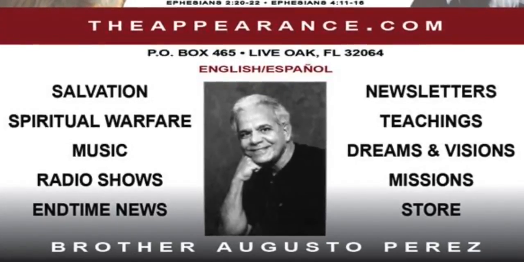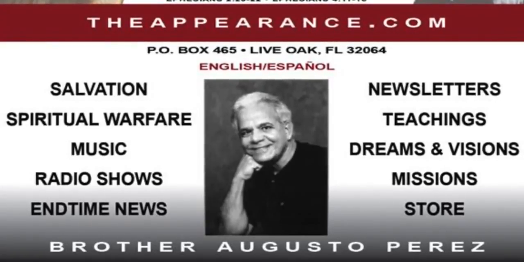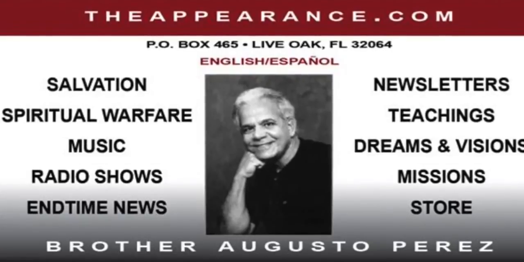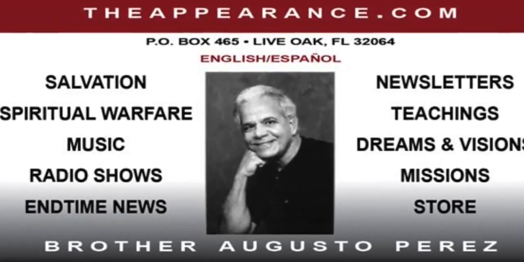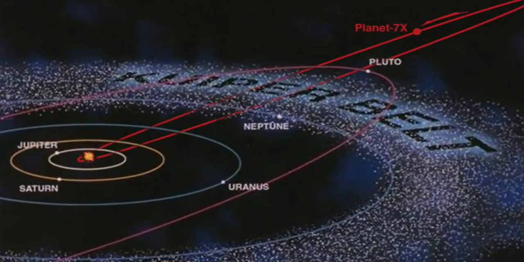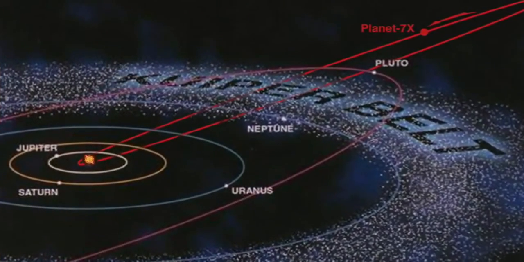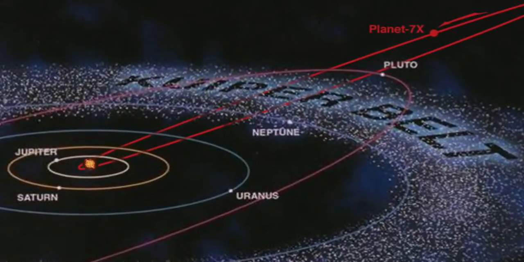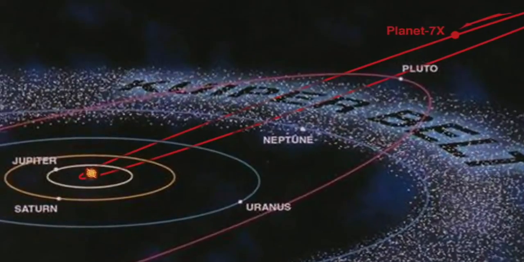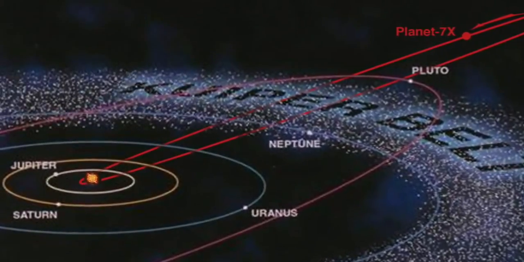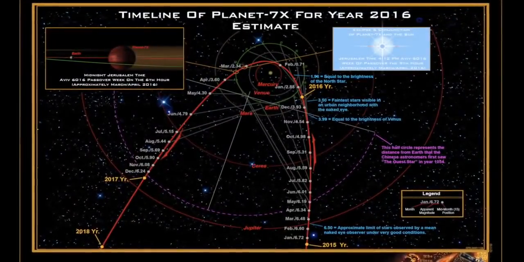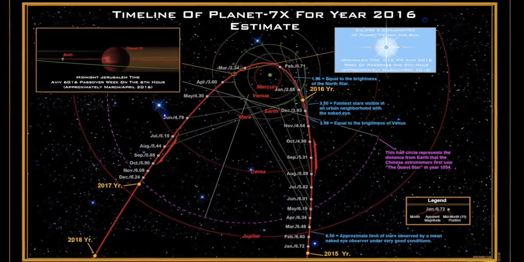Now, there is a very interesting comment that you brought up, and we talked about this when we had an opportunity to chat on the phone for a while. This is something that kind of separates you from some of the other Planet X researchers, and that is in the orbital time that it takes for this object to come by this area. It goes around the sun, it passes near planet Earth in our solar system,